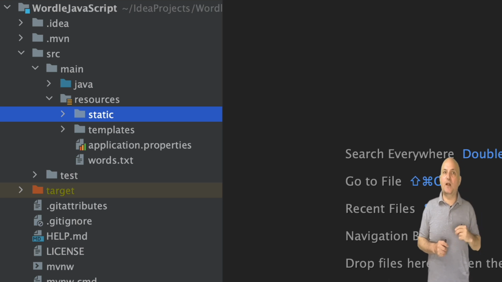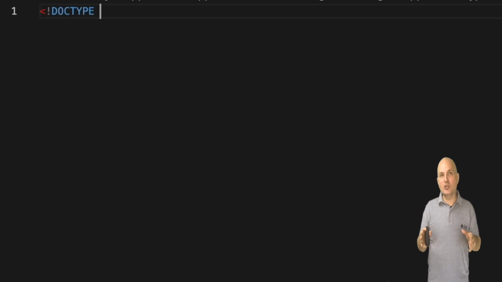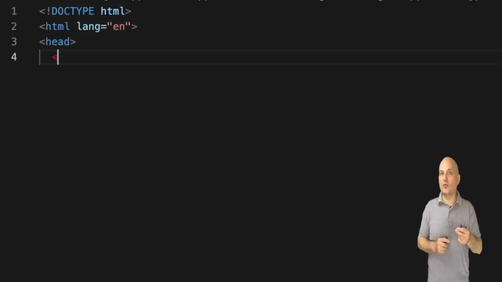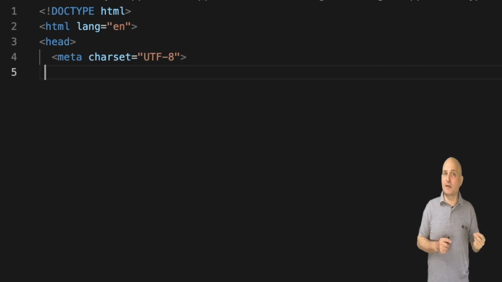I'll skip the file creation logic and go right into the code. First, we'll create the file wordlespa.html. Let's go into it. The HTML is pretty standard so far. We declare that the language is English, and the one thing I skimmed on previously was the encoding.